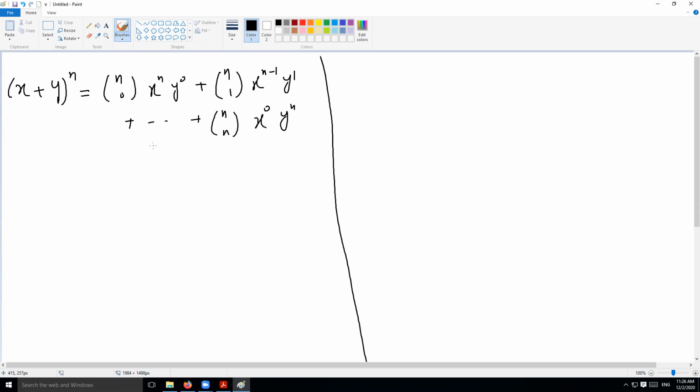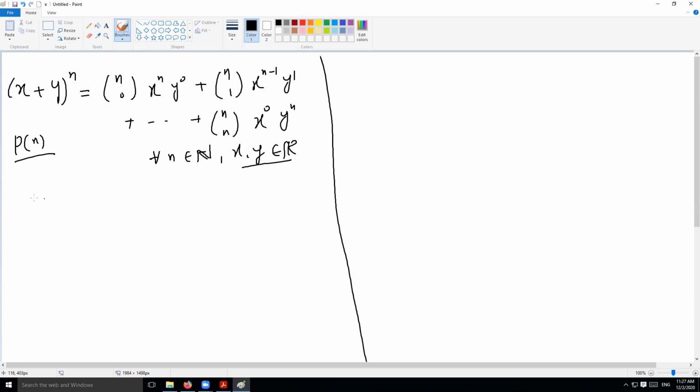So that's what it is. This is true for all natural numbers and for all x and y, which are real numbers. x and y are fixed, but this is true for all natural n. No matter what power you take, you can always expand it. Now, I can also treat this statement as P of n, and I can try to prove this statement for natural numbers.